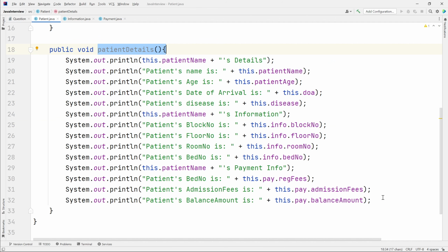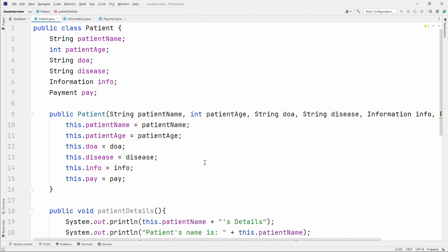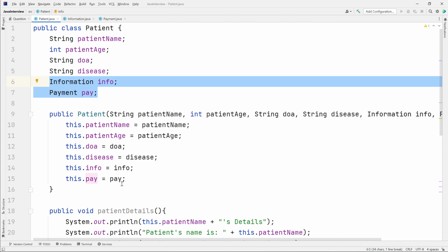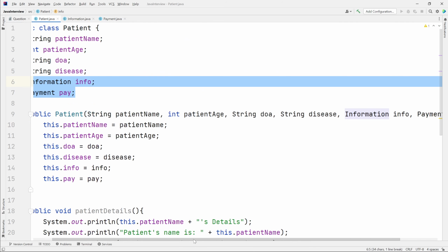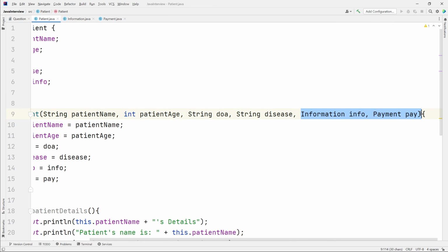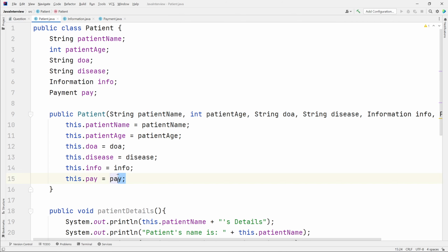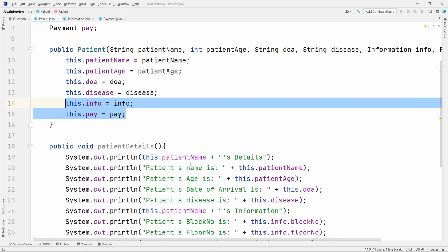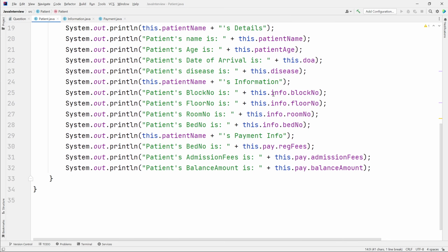So this is how we connect the whole thing with the other Java classes. This is what we call loose coupling. I have first created the object of the information and payment class, and then I passed those two objects inside the constructor of the patient class, and inside that I initialized them. After that, I've used those objects dot that particular attribute of that particular class, and then I've connected this keyword